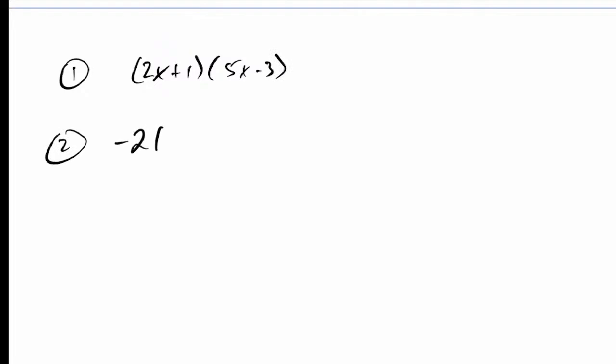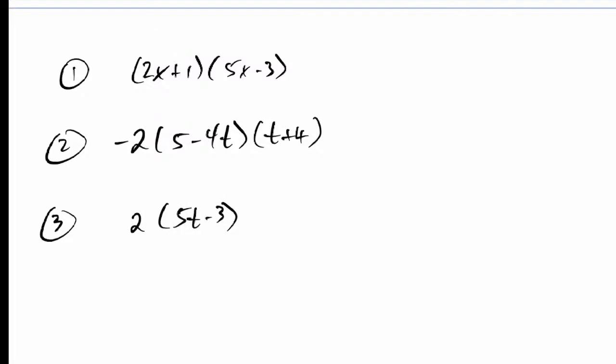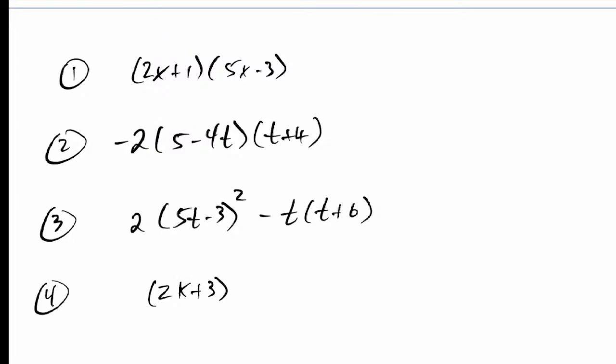And then let's do a negative 2 times 5 minus 4t times t plus 1. Something like that. And then maybe